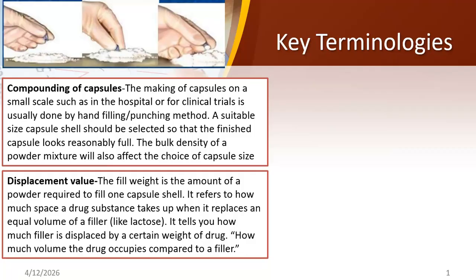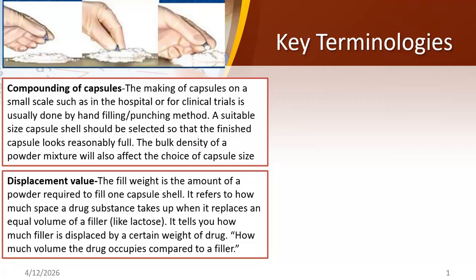Now, compounding capsules can take place on a lab scale, whether in a clinic, a hospital setting, or your pharmacy. And the picture here is very intentional. The powder is placed on an ointment tile. It's formed into what we call a mound, which is like a rectangular cake in which the capsule body is punched and filled with powder. Bear in mind that the cap doesn't have powder, only the body is filled with powder, and the cap is